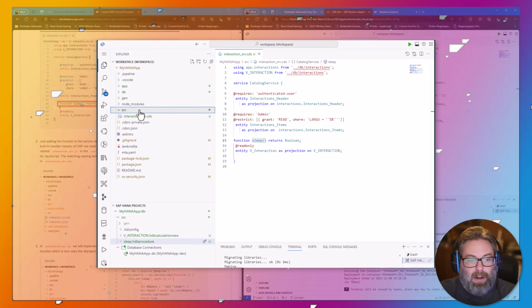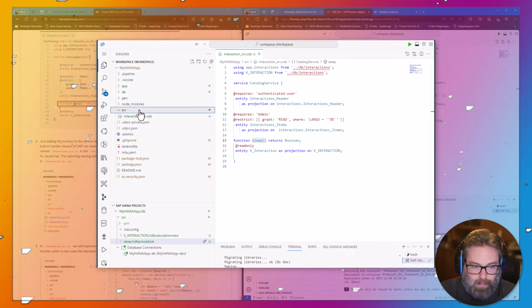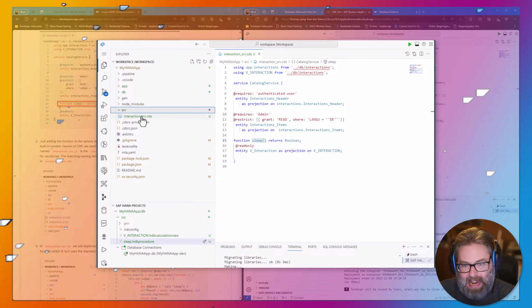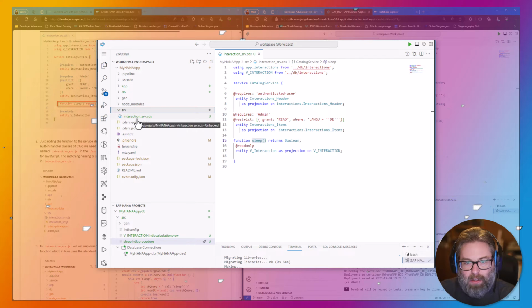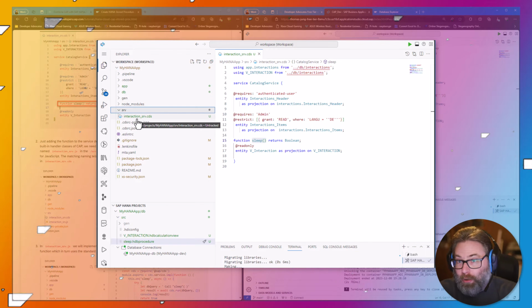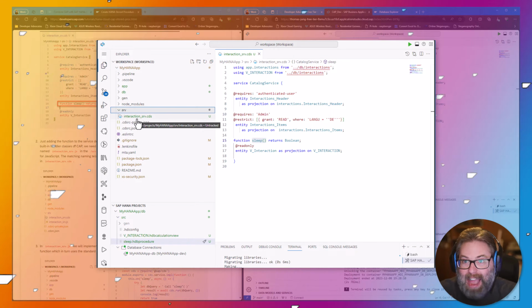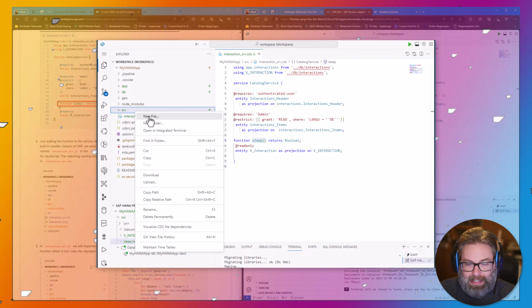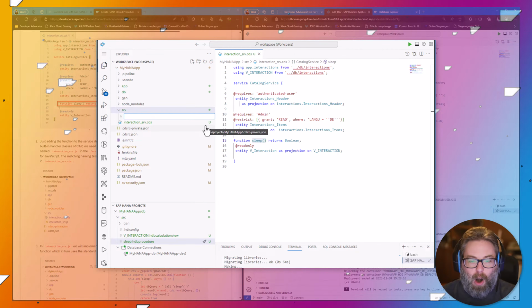But let's come here to the SRV folder. And what we need to do is name it exactly the same as our CDS file, but with extension .js. And that automagical naming is what's going to match these two things up and cause it to automatically be used as the exit handler for our service.